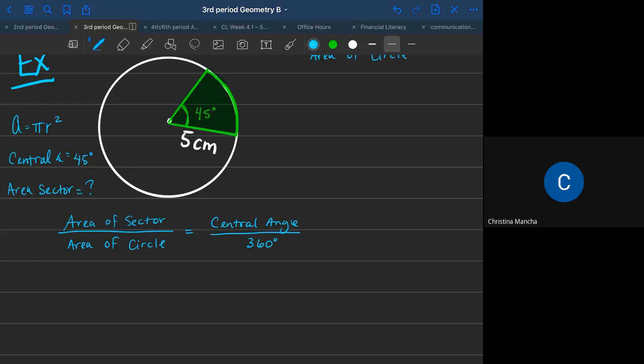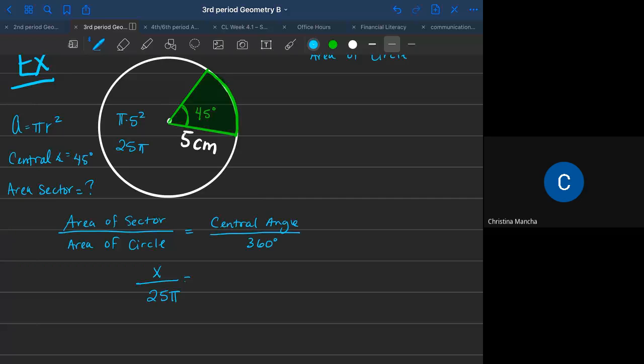Okay. So the area of the whole circle is pi times 5 squared, which is 5 squared is 25. And so then we'll have x, because we don't know what the area of the sector is